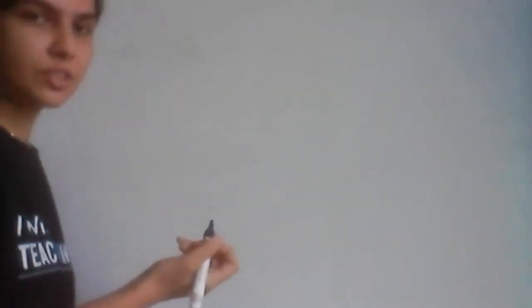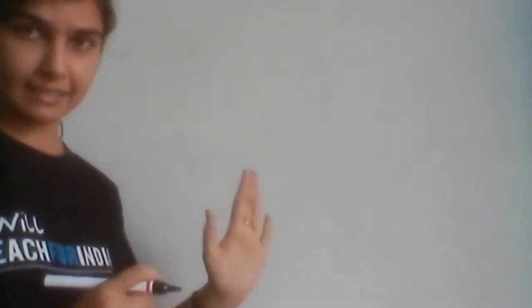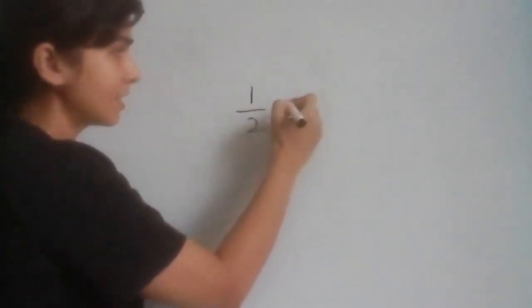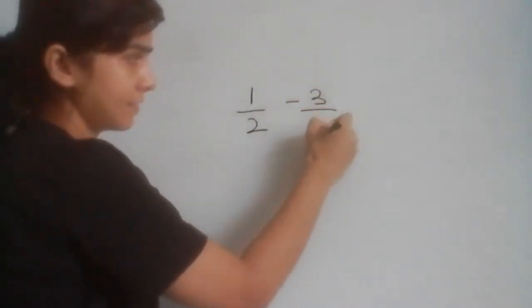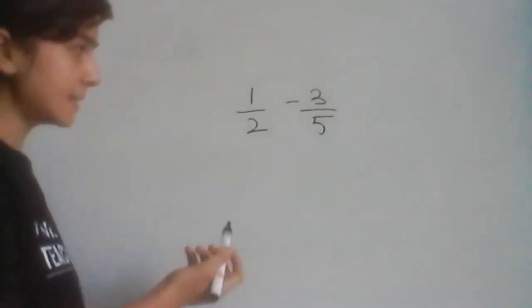So one thing which I found, all of you were able to solve how to add rational numbers where both the numbers were positive. But I saw that some of you have done those questions incorrectly, where the numbers are of different signs. So let's take one example like 1/2 minus 3/5. Now how are we going to solve this?